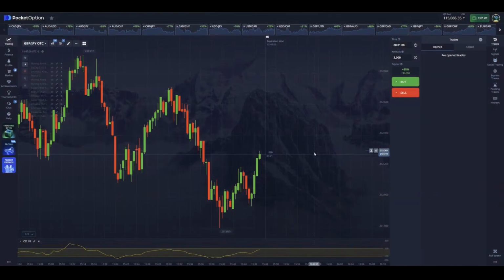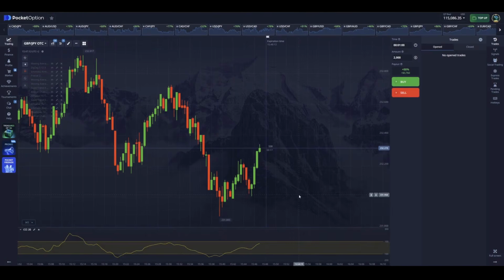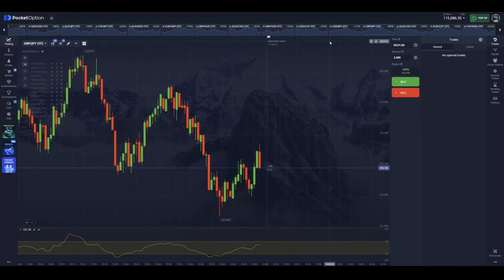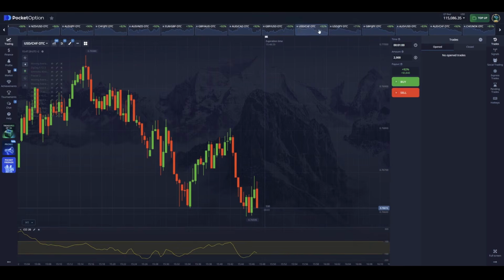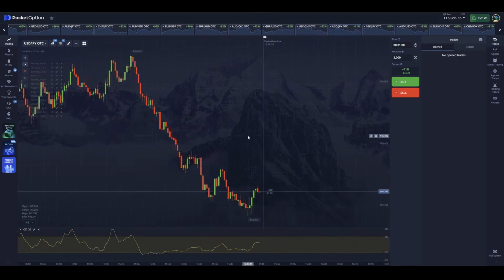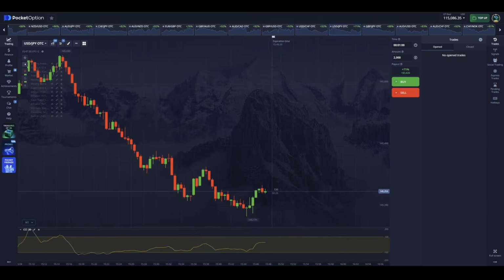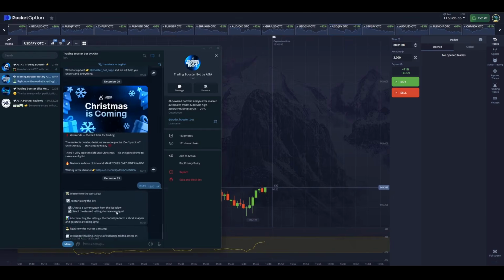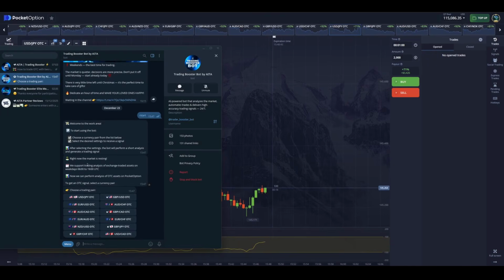So we're moving over to the platform together. Let's imagine. The robot isn't an automatic algorithm that opens trades for you. It just does the analysis for you. So basically it's artificial intelligence, kind of like ChatGPT. It can help you, it can tell you a lot of things, but it can't actually do anything for you. It's the same here. Look, I'm choosing a currency pair, US dollar to Japanese yen. I like this one. Next, I go to the booster bot and activate it by pressing the start button. It offers me 12 currency pairs.